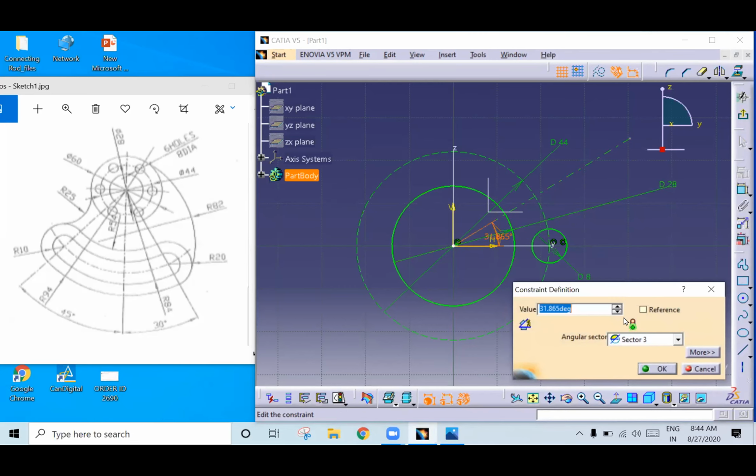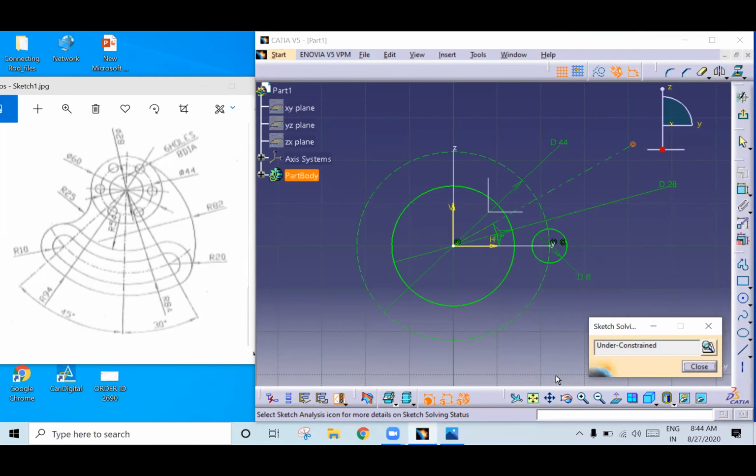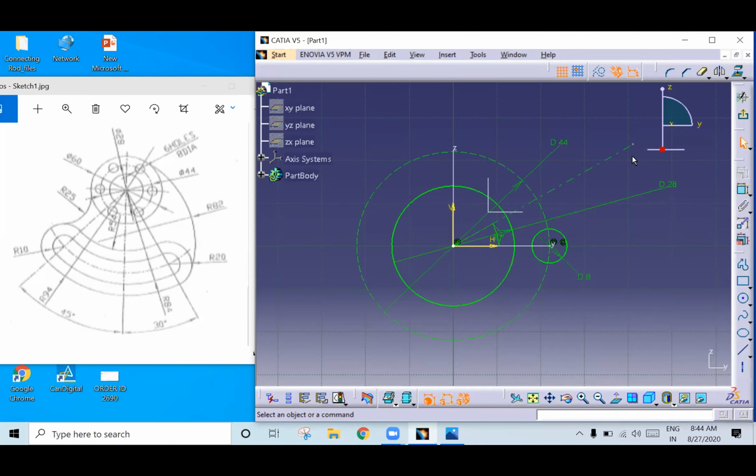You need to give 30 degrees. Now it is in green color. Check it. It's under constraint. That means the point is there, it should not be open. So what you can do, you just trim it. So go to trim this axis. See here. All of you got it? Okay. Fine.